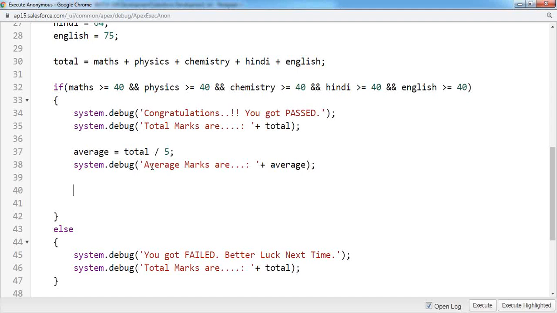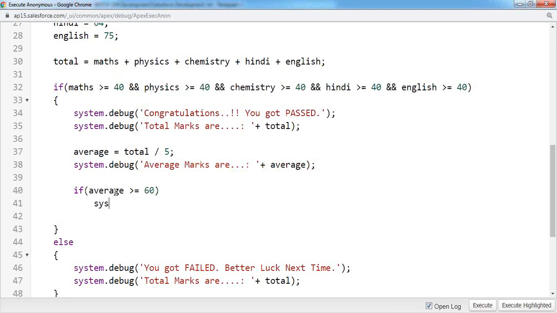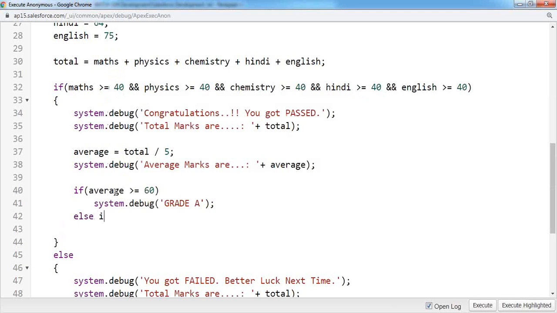Then how can we verify? If condition. See, this is the outer if condition, and this is the inner if condition here. I'm using one if condition inside another one. If the average marks are greater than or equal to 60, then I want to show the message system.debug grade A. Else